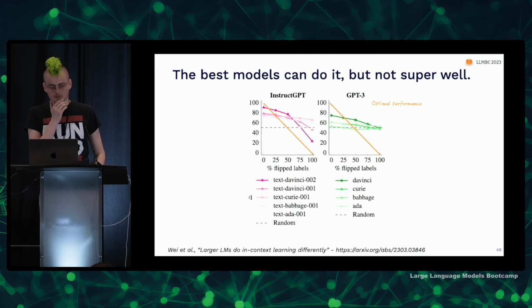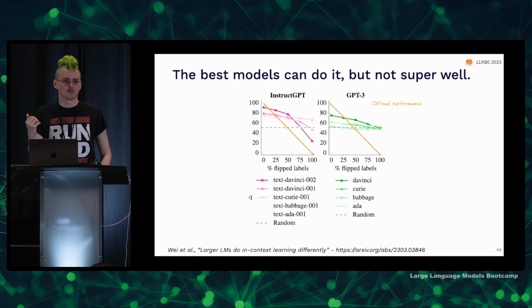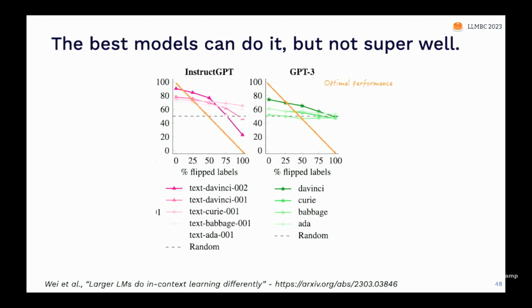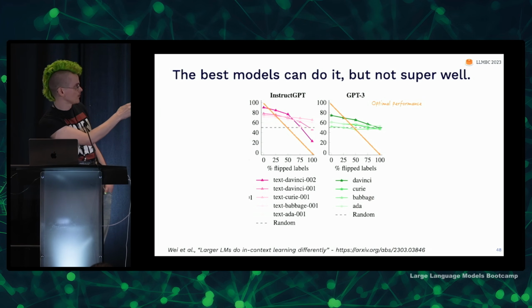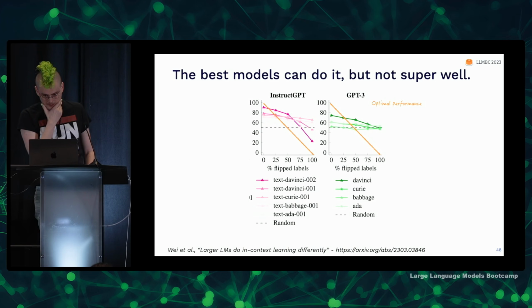And there's been some follow-up indicating that this permuted label task is something the latest language models can do. This is showing increased amounts of flipped labels for a bunch of different models, different sizes of InstructGPT and GPT-3. If the model was doing the task perfectly at each point, you would follow that orange line. InstructGPT and Code DaVinci 2 in particular kind of follow that line, but they still don't perfectly do it. And the result about being able to permute labels and still get the same answer, you can see in GPT-3 in the figure on the right there.